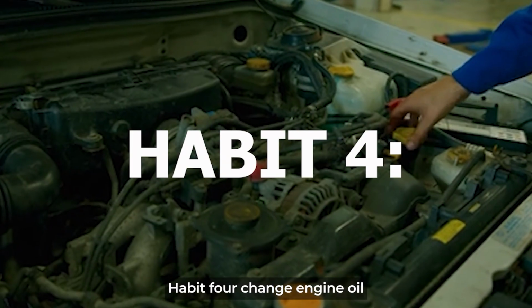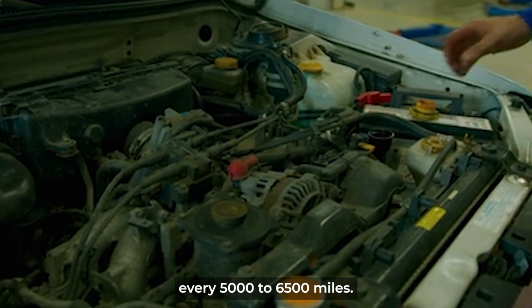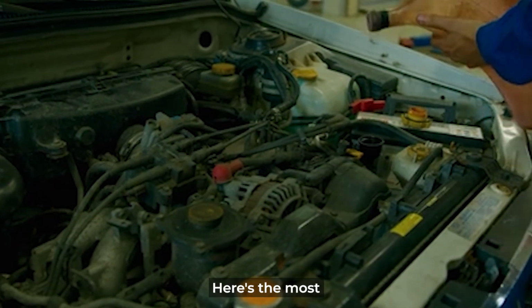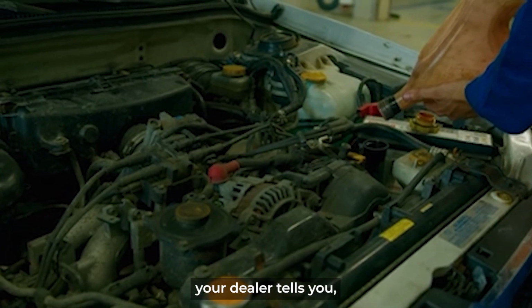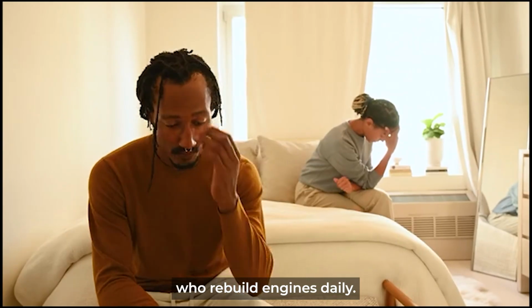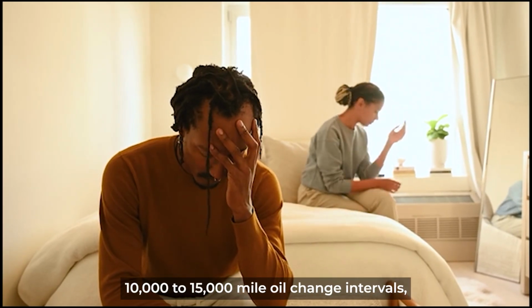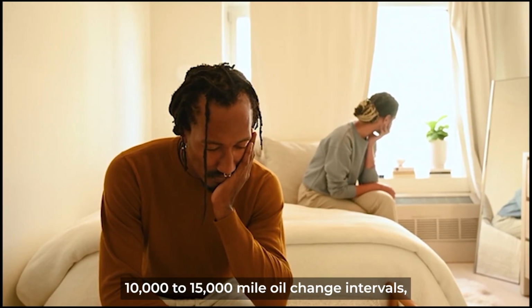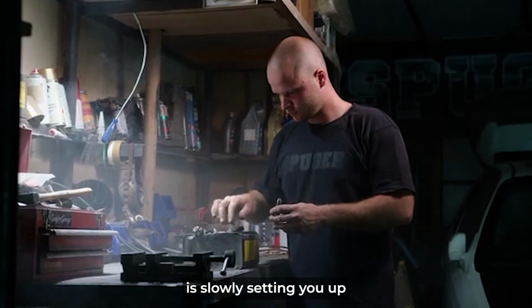Habit 4. Change engine oil every 5,000 to 6,500 miles. Here's the most controversial habit that goes against everything your dealer tells you, but it's based on real-world experience from mechanics who rebuild engines daily. Modern diesel manufacturers claim 10,000 to 15,000 mile oil change intervals, but this extended schedule is slowly setting you up